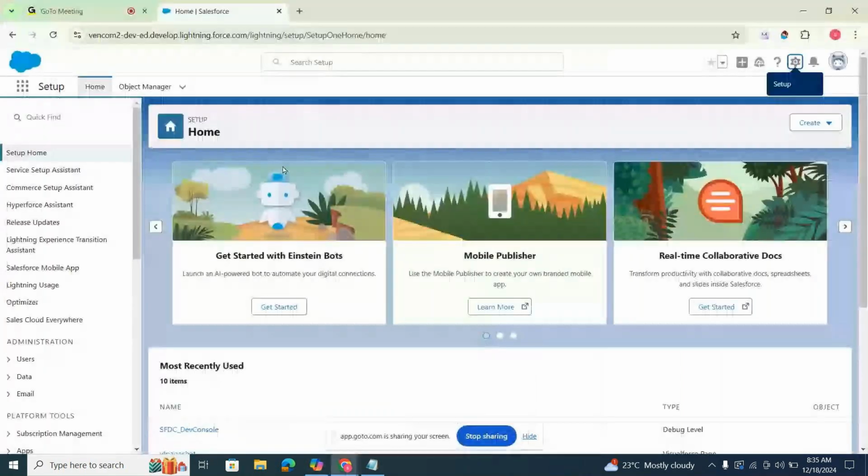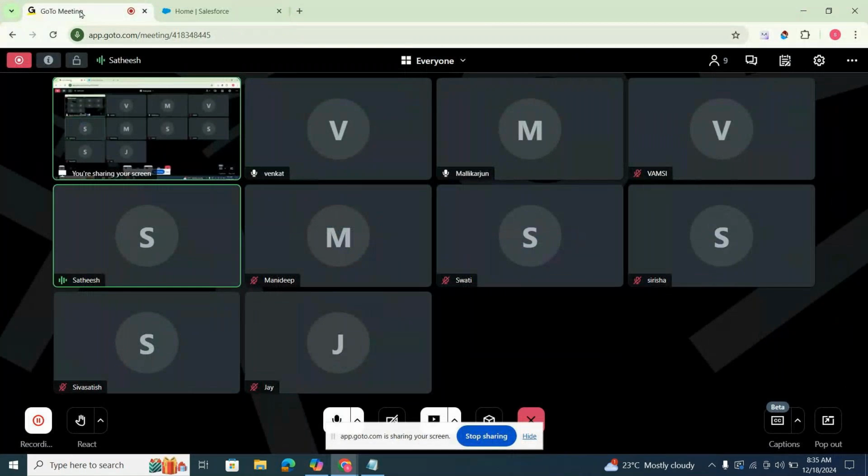Anyone heard about SQL? Structured query language. Yes, Venkat, I know everyone. Okay, what about other people? Just normal, I'm asking. If you don't know, also no worries. Yes, I know about SQL. What about Manadeep, Sirisha? No worries if you don't know. I will help you. I'm just asking, that's it.